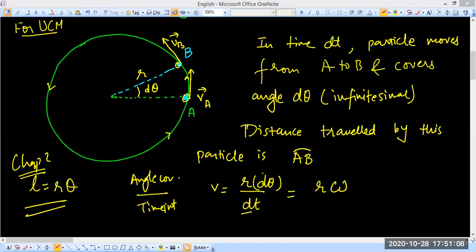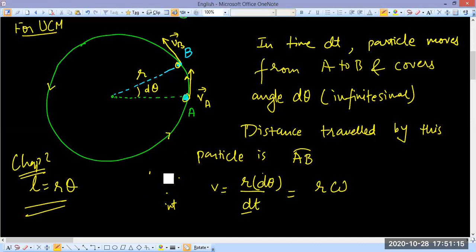d theta is angle and dt is time. So if you divide them, you get omega. Okay, let's continue further on this path. So now if I will take the position vectors, okay,